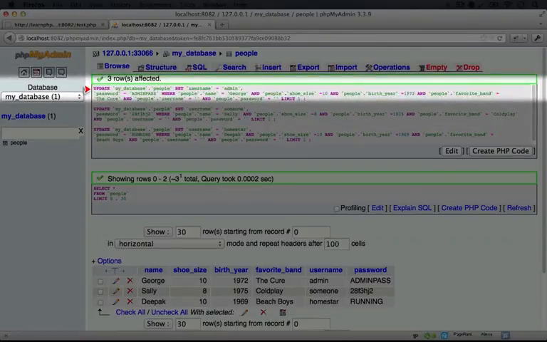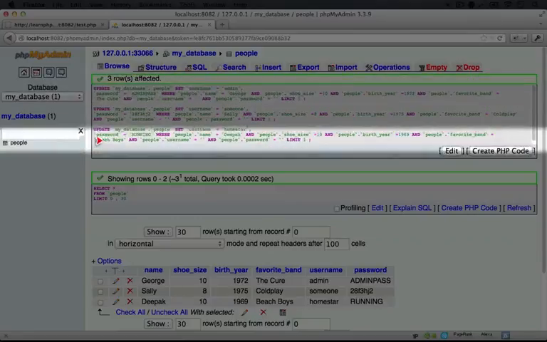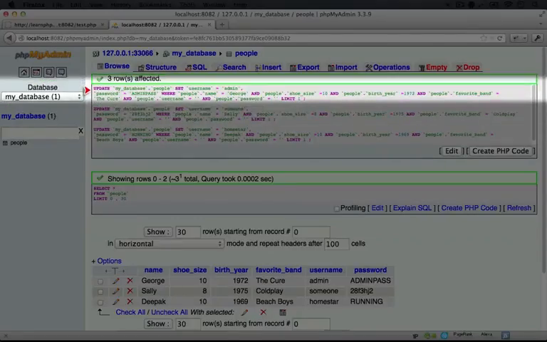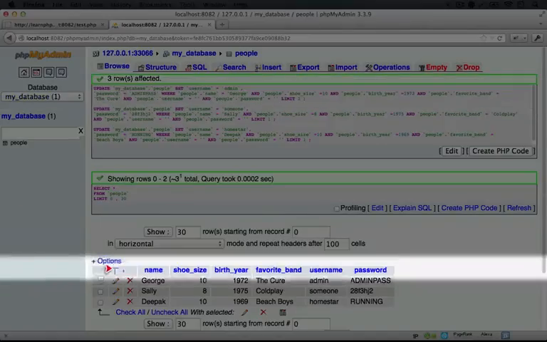This time it's showing us an update query. So again, this is a great place to look to get a sense of the different queries that do different things in the database. In a couple of videos, we're going to actually talk about how to create these update queries and use them to update our records from PHP.